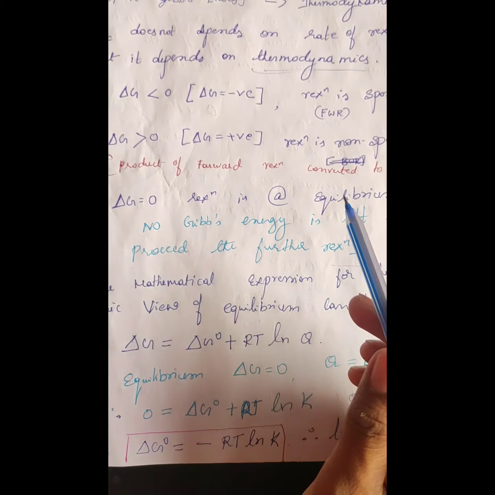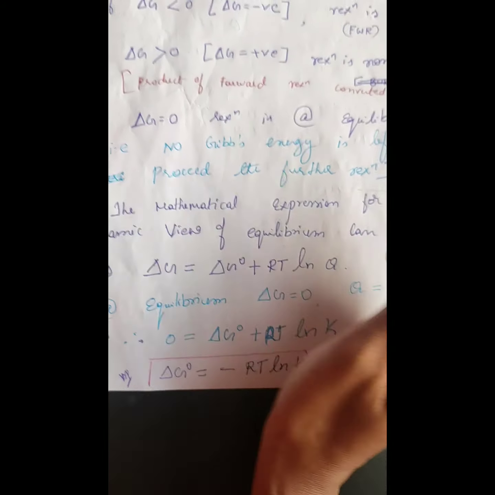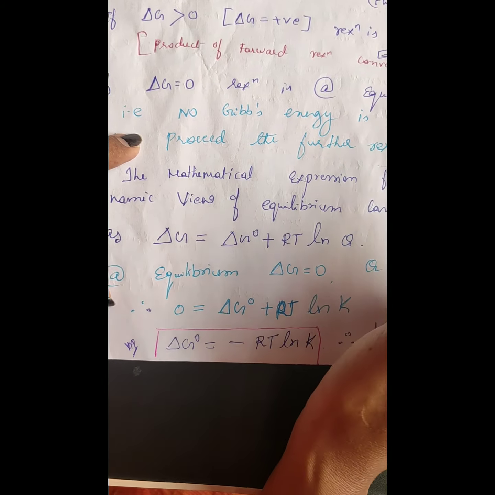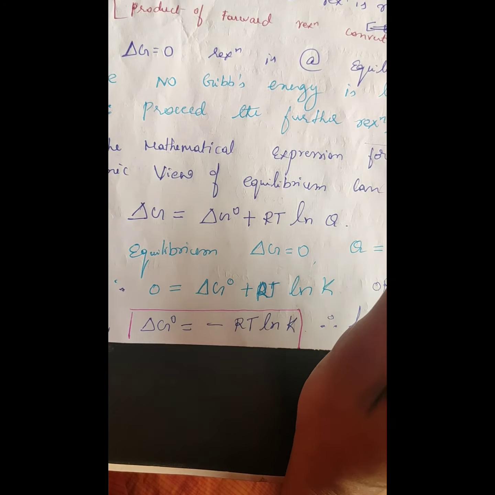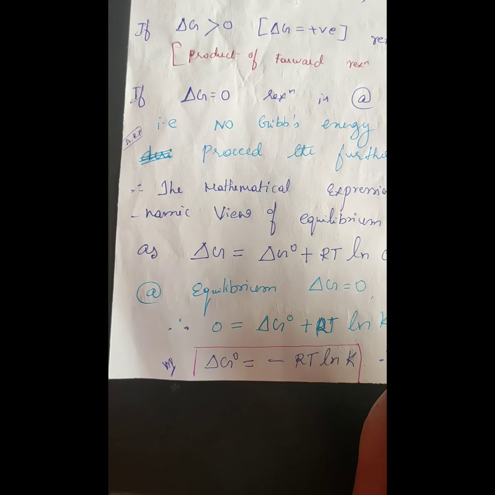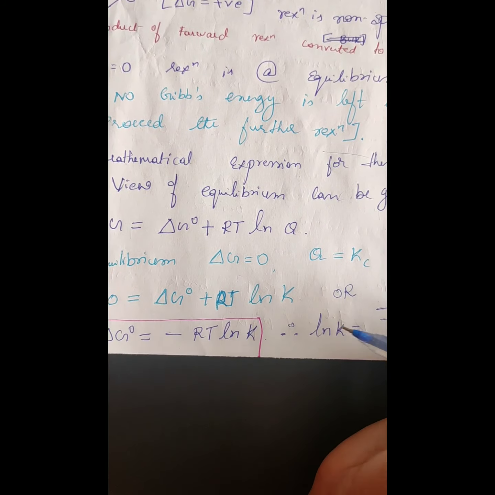But here you should relate how. As a reaction proceeds, you all know the Gibbs free energy goes on decreasing, becomes minimum, and there will be no free energy left for the reaction to proceed further. So we conclude that this state of the reaction is called the equilibrium state, according to thermodynamic principle. Here in the case of equilibrium we relate the concepts, but how we can express it mathematically is very important.